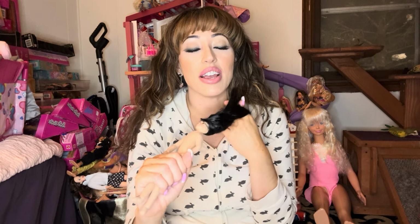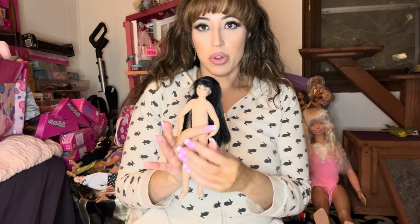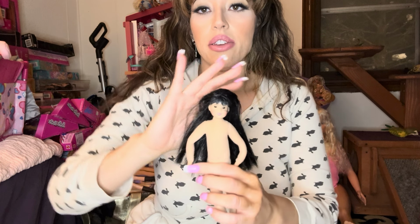But lo and behold, a random Facebook Marketplace listing popped up with all these girls plus some accessories, which was super crazy because I couldn't believe the price and the fact that she had 5 of these girls and 2 of them are rare plus accessories. I mean, I could not have asked for a better deal. But anyway, so this is the rare one. We'll start with her. This is Hannah Faith,